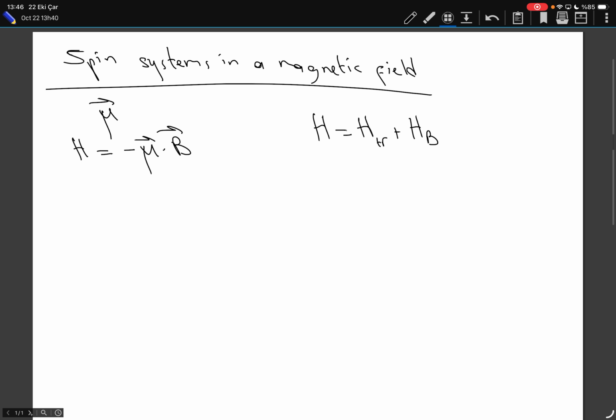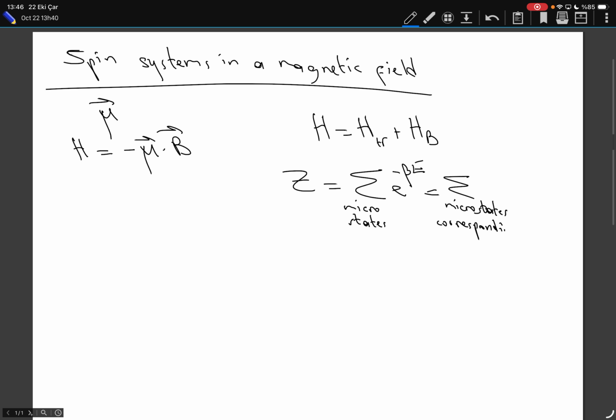So if we are to calculate Z as a sum over all the microstates of e to the power minus beta E, this will be a sum over microstates corresponding to motion and position of e to the power minus beta, let me just write E translation. And then there is another sum over the microstates due to orientation